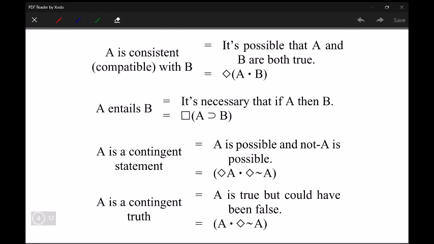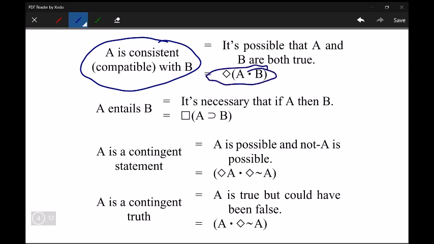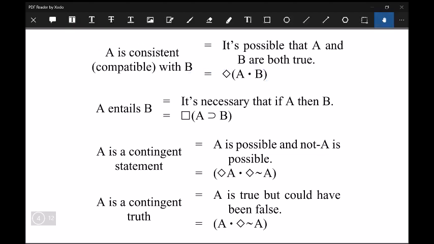And so you have A is consistent with B, means it's possible that they're both true together. So A is consistent with B means possible A and B together. And you could also say, you could imagine a possible world in which A and B are both true. Okay, there you go. Now, a variation on this is, if you say A is inconsistent